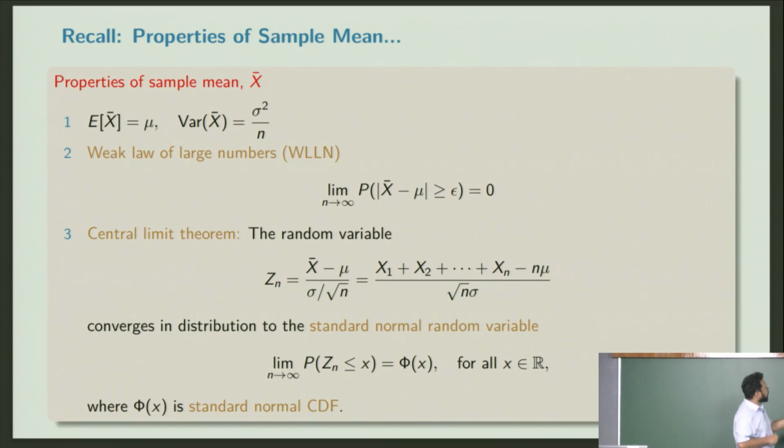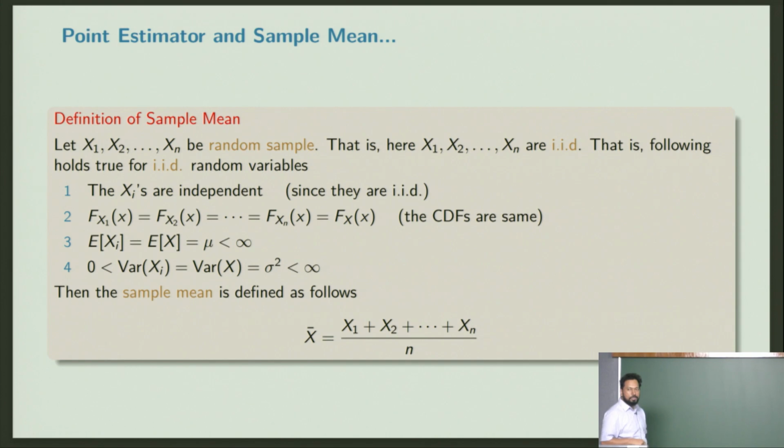And the variance of the sample mean is not exactly the true variance, but it is scaled by n. So it's a slight change now. It's divided by n. This also you can verify. So compute the variance. What is the variance of this? How does variance apply to a sum of random variables? Do you remember any formula for when variance is applied on a sum?